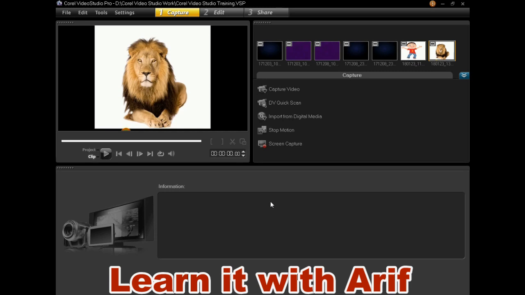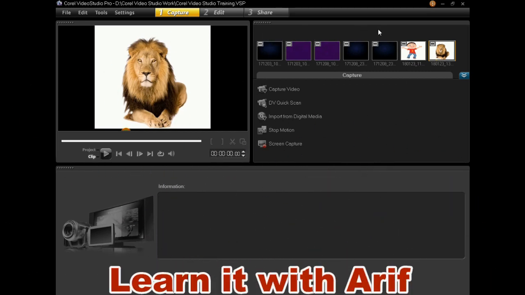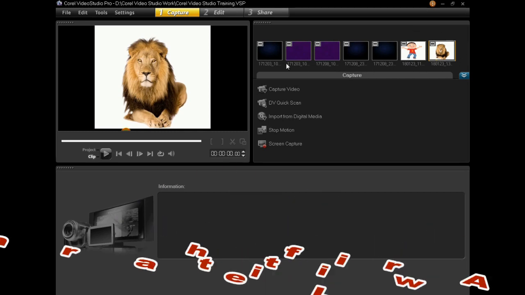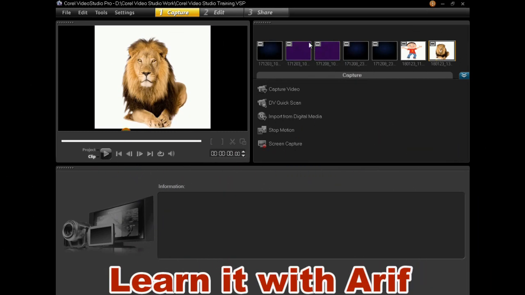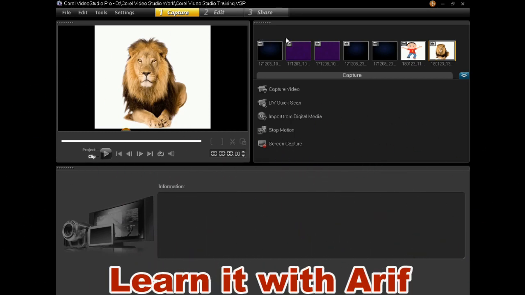Next to the preview window lays our library panel. Library panel is in fact like a storeroom of our Corel Video Studio.